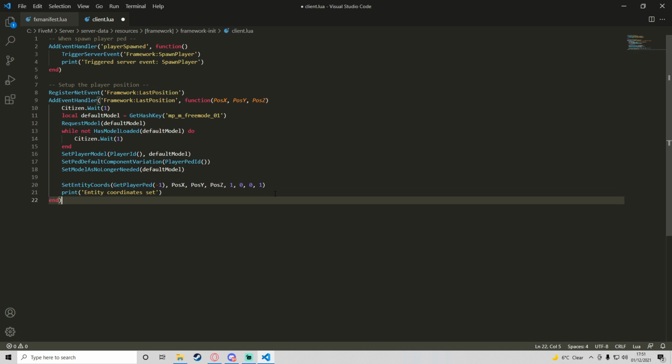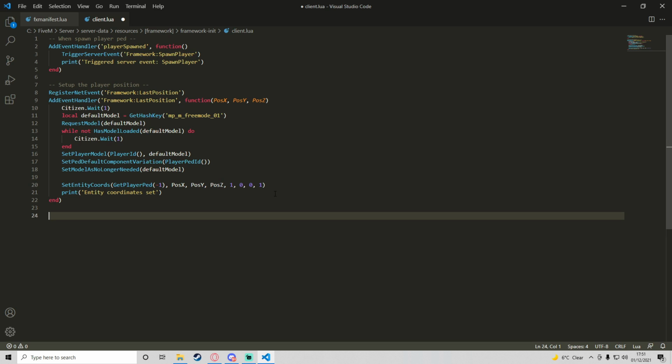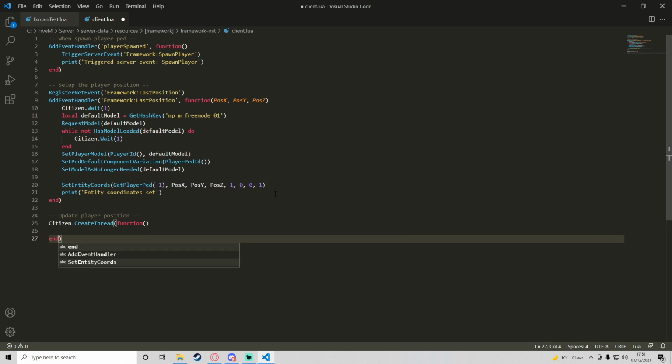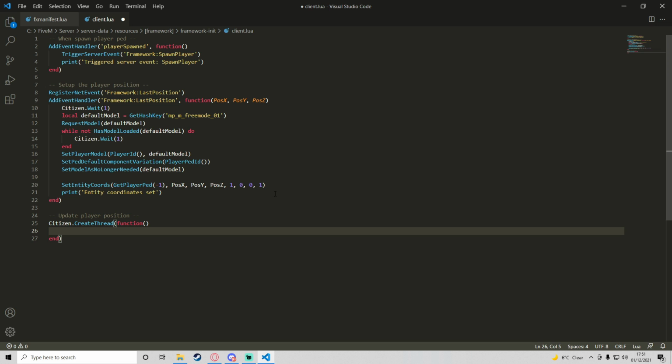And then once we've done that, we can go outside of the net event that we've just registered, and then we're going to update player position, and this one's going to be a thread, which basically means it will just run endlessly on the client, and then it's basically however often we want. So we're not going to do it too often because we don't want to put a lot of strain. Like, we don't want it to be too intense of a script, so we're going to do it like every 5 seconds. So while true do,